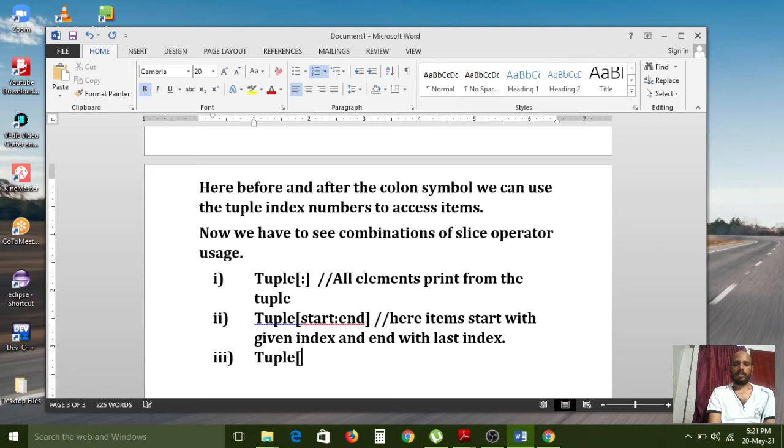Next one, tuple start colon closing bracket. Here I am not giving the end value.